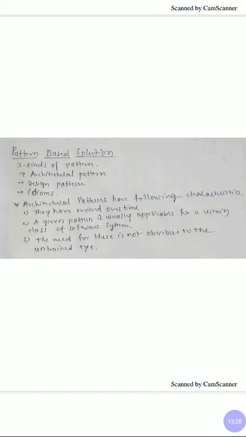The next point is that the need for these is not obvious to the untrained eye. When a designer first encounters a new class of software, it is not very obvious what the architecture should be. The reason for this is that a designer is not aware of how the requirements might change over time. What kind of modifications are likely to be needed here?